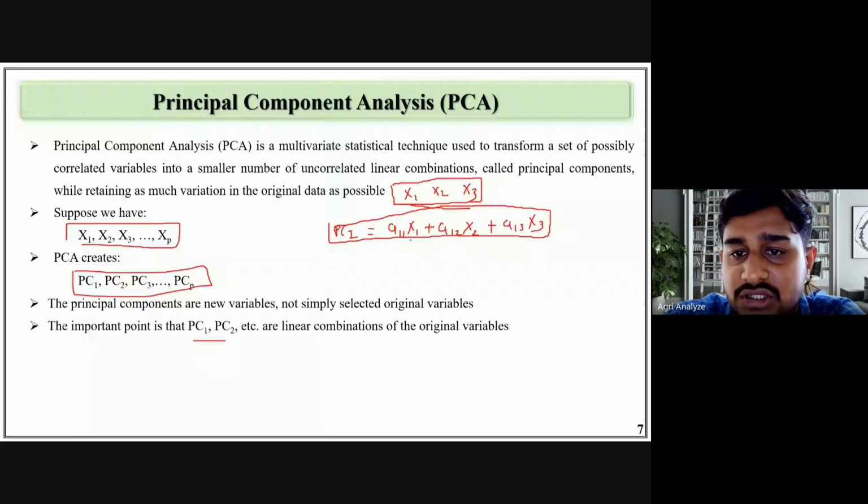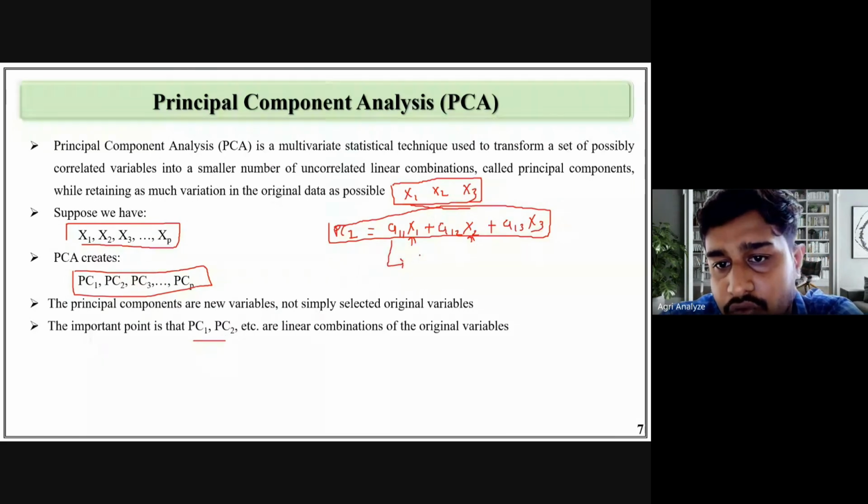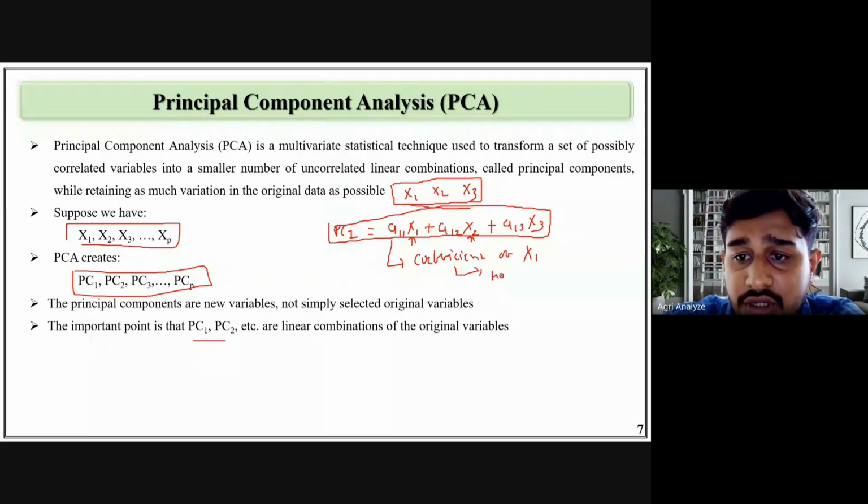Here x1 is the value of our original variable x1, x2 is the original value of x2, same for x3. Here A11 is the coefficient of x1. It shows how much of the variation